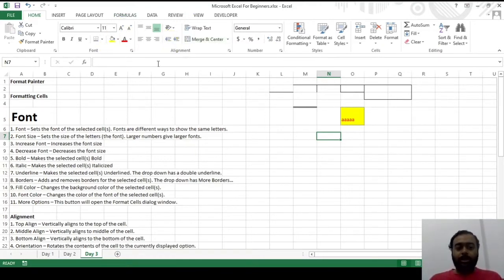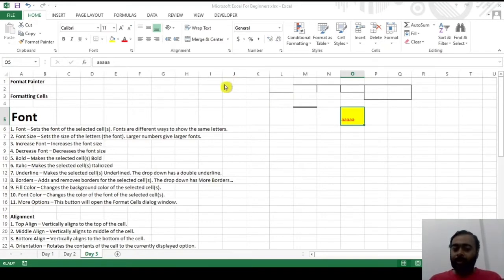If you want to learn more, if you click on this, you'll get the format cells. You can go this way, or you can just click here and right click your mouse, and go to format cells. By default, it will take you to the same page. Here you have even more options. If you can see here in format cells, you have number, you have currency. You can change your currency here.